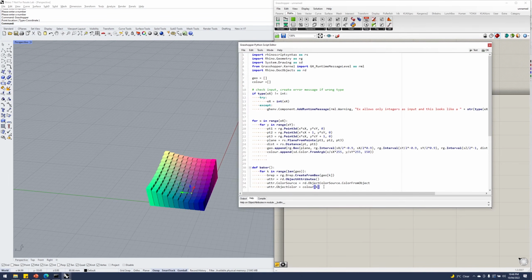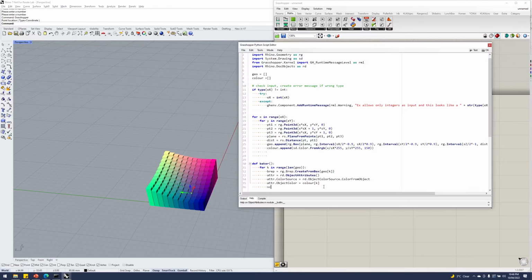We'll grab the K, and then we're going to sc dot doc, so script context dot document objects dot add brep. We're going to grab our brep, and we're going to apply the attributes,